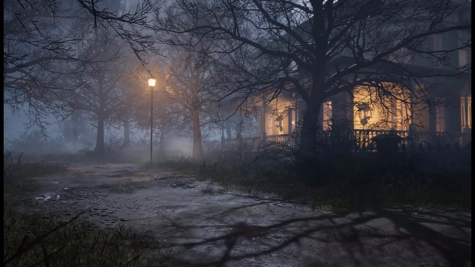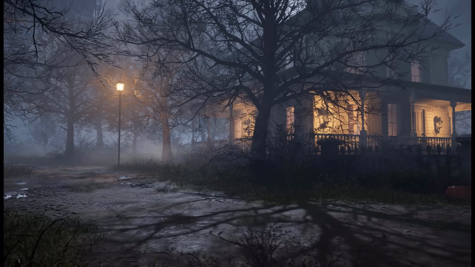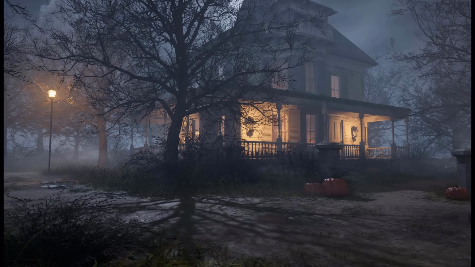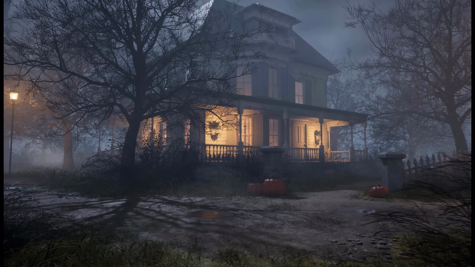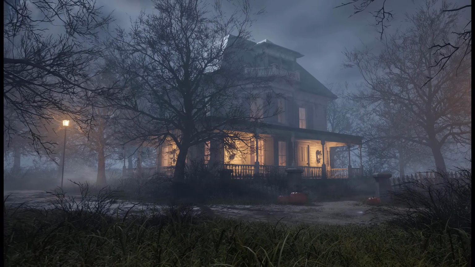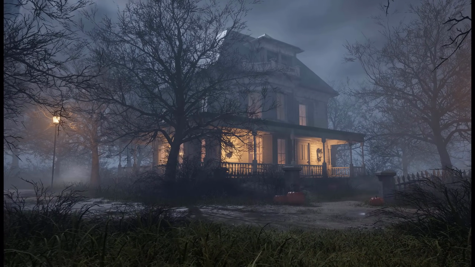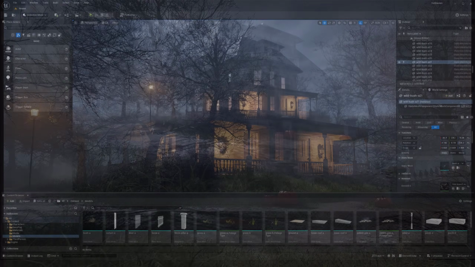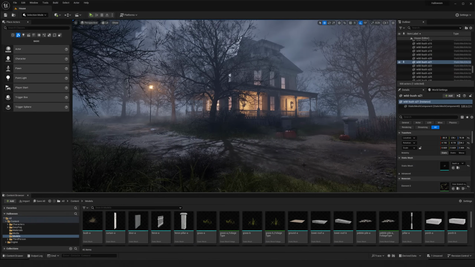Hey everyone, my name is Peyton, and in this video I want to take my existing haunted house environment that I've made over the past year and make it a little bit more spooky. Of course it's already sort of a haunted house, but I think really accentuating a lot of those vibes and doing a sort of relight, as well as adding to it, especially for the current season that it is. And so I just wanted to add quite a bit of stuff to it and see where we can